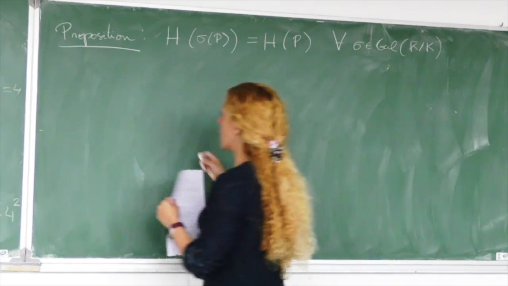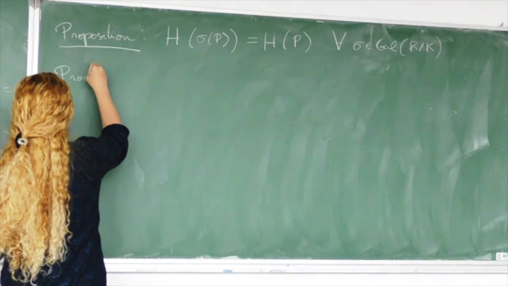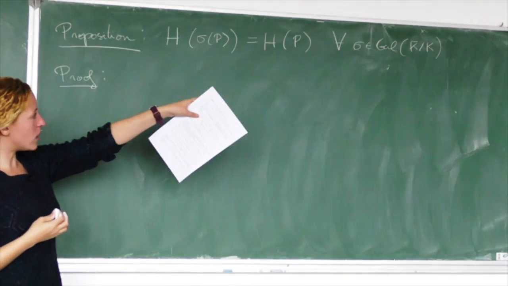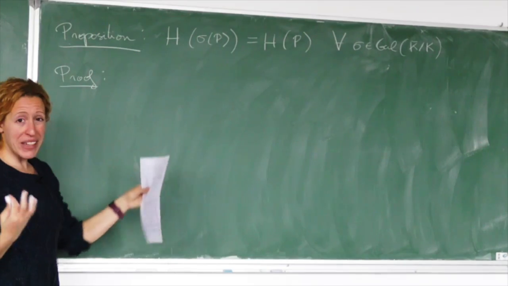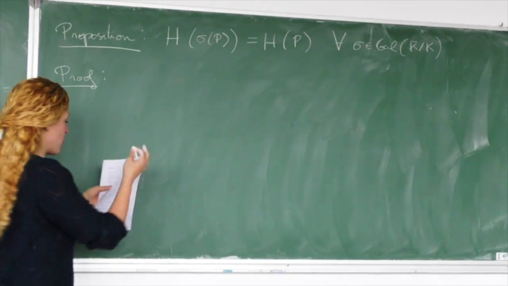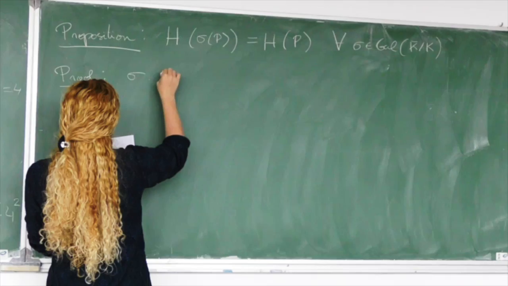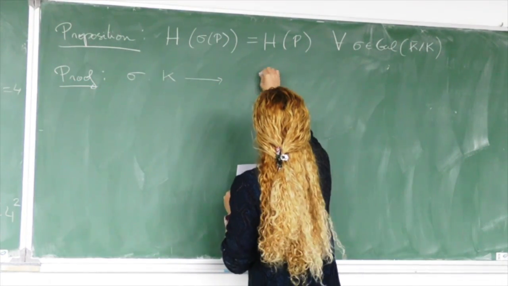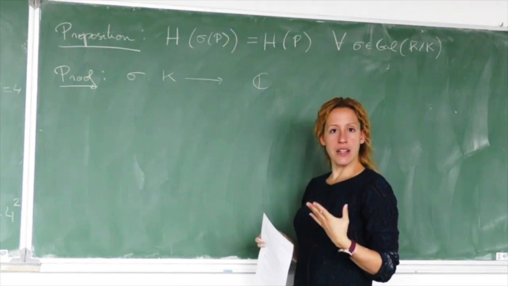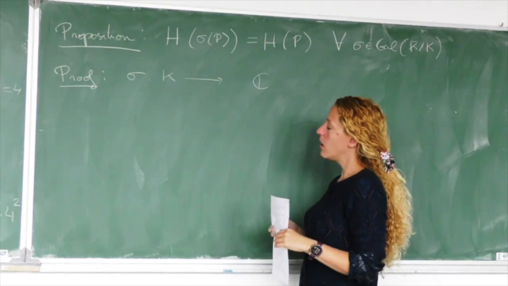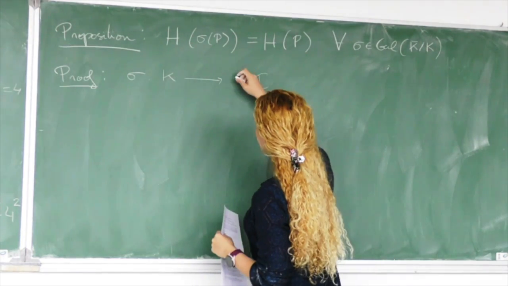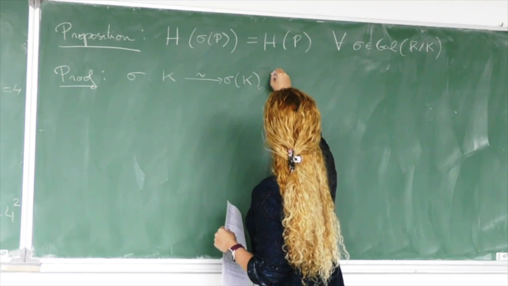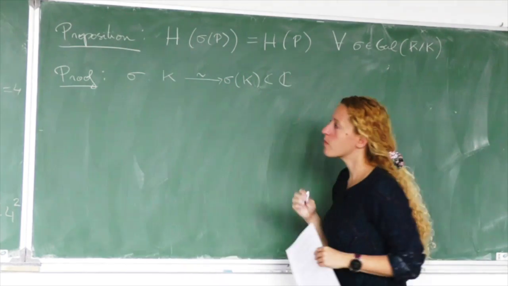Okay, let's prove it. This is easy, actually. Proof. The idea is the following. When I get one element sigma in the Galois group, this sigma is an embedding, right? I'm going to write more space here. It's just an embedding, one of the embeddings that we were talking about before. But I can be more precise. I can also see it as an isomorphism onto the image, right?